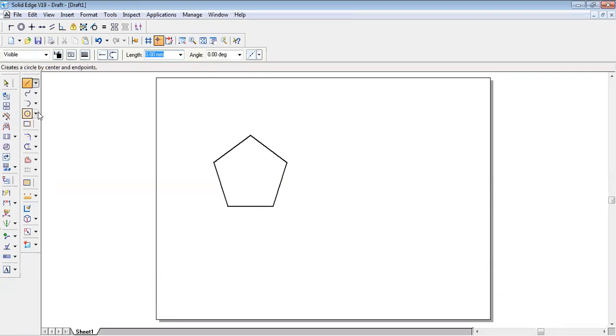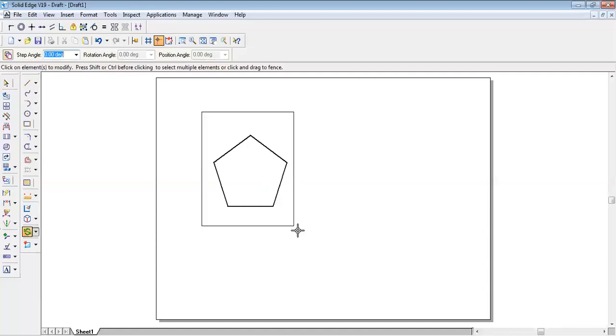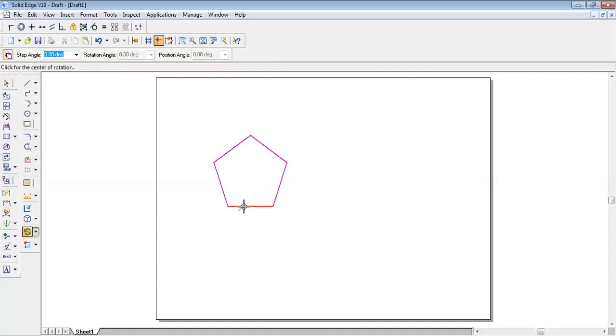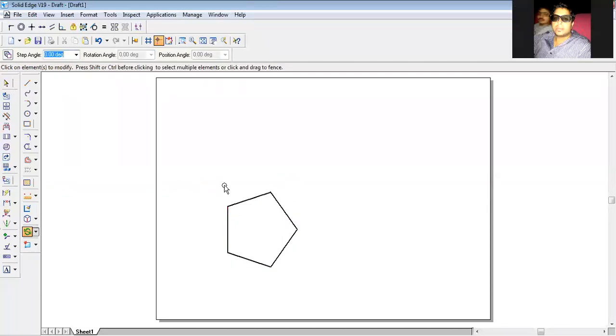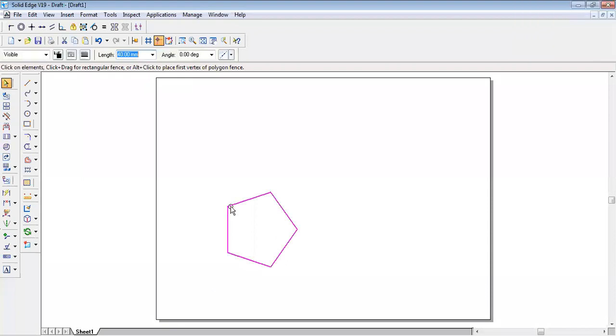Now for the isometric, how to begin with this? First, I will rotate this pentagon. I think you people are very familiar with these options. First, I will select the left corner of the base. Carefully, you have to select the left corner of the base. Then again, I will select the right corner of the base. Next, I will rotate this by 90 degrees, shifted to my left-hand side.